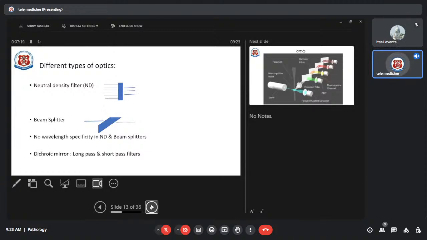There are different types of optics. Here you have the neutral density filter. Now what is the function of the filter? It will allow only some amount of light to pass through. This is the function of the neutral density filter. Why do we use it? Suppose the light source is very strong and it falls on the detector directly, it is going to saturate the detector. So we place this neutral density filter in the path so that only